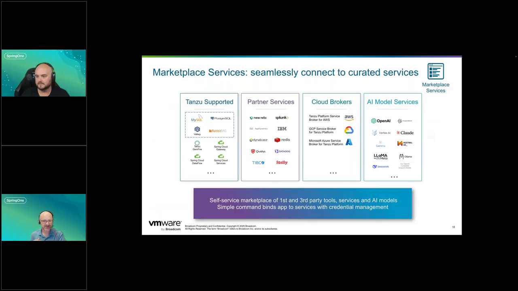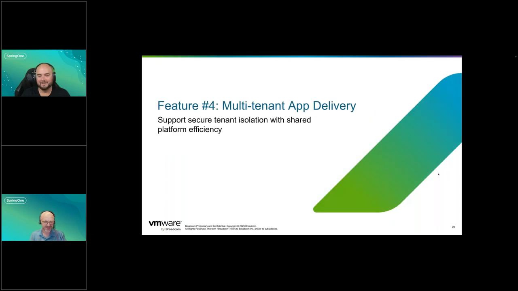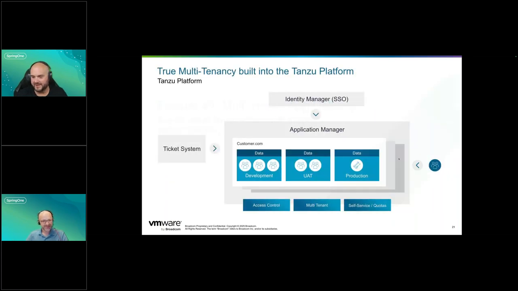So I think it's time to jump into number 4 because we've got 12 minutes left. So let's see if we can get through these last two. We just finished that demo. So Nick, tell us about multi-tenant app delivery. Okay, and one of my favorite features, really, about Tanzu Platform, and it's a feature that